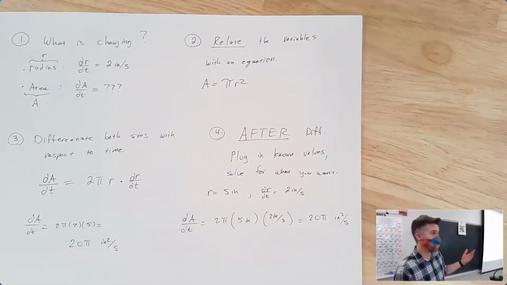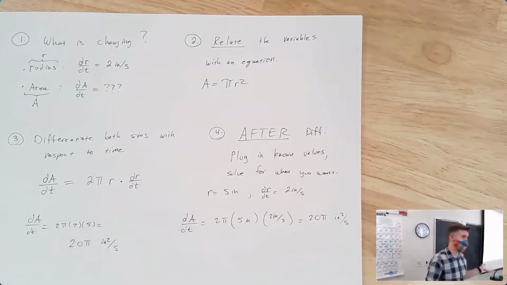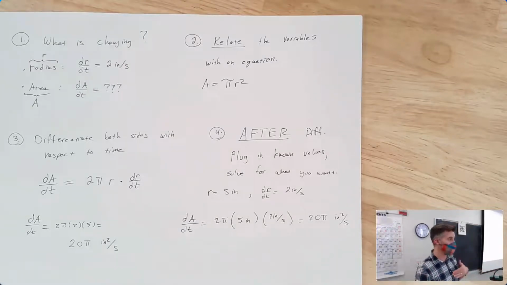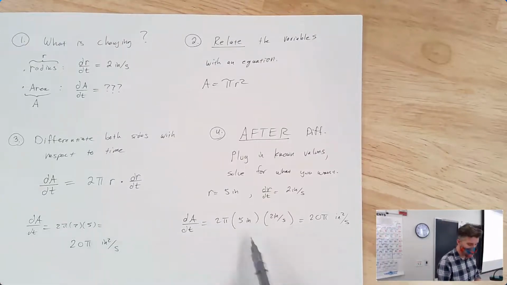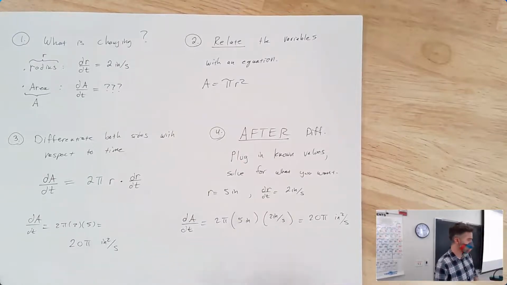So if it's how a length is changing per time, it's some length per time, like meters per second, or miles per hour, or inches per second. If it's an area per time, it's like inches squared per second, or miles squared per hour, or whatever. But it's always just the right power. And if somehow some volume is changing, it can be like cubic centimeters per minute, some length cubed per some time. So what I'm trying to say with all those words is that you can wait till the end to just figure out what the units need to be. Or you can plug them in before and actually multiply it out. Either way, it's fine. It just feels like a lot of writing doing it this way